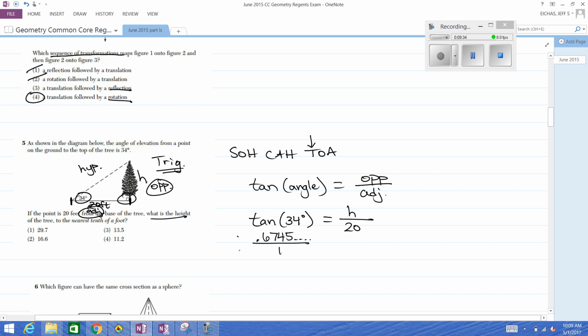So it's still a ratio of two numbers. Now that's going to equal h over 20, and now we can cross multiply. That's not the best thing to call it, but that's what we're doing. 20 times the 0.6745, and whatever is left in the calculator. So hit your calculator, multiply the answer by 20, and what we get is